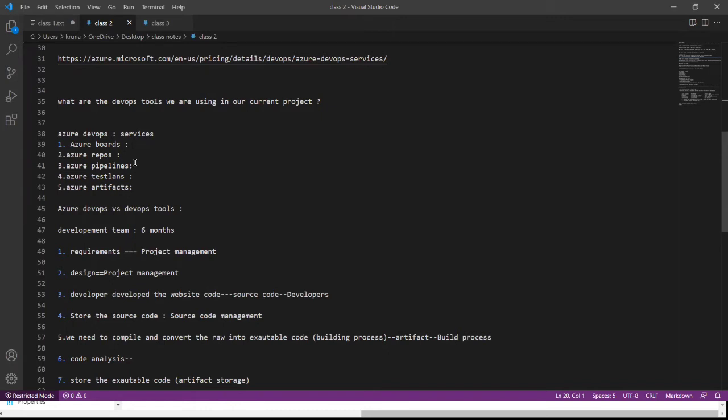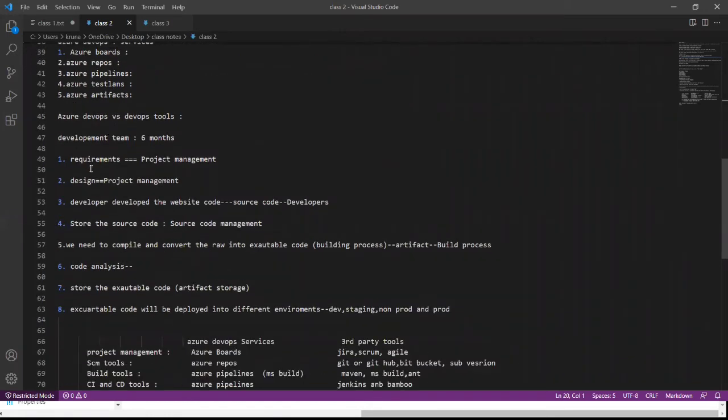Only one thing is that Microsoft Azure does not support the Mac operating system of Apple, but AWS supports the Mac operating system. Both Azure and AWS support Windows and Linux, but Microsoft Azure does not support the Mac operating system, whereas AWS does. This is the difference between these two.